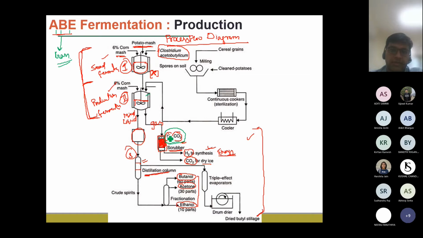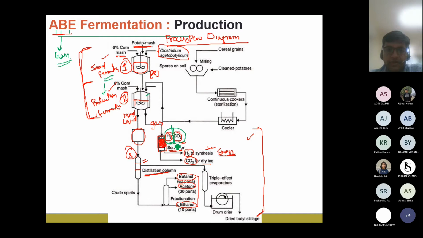We have seen that we first carry out the seed fermentation, and then we put in the production fermentation. There is sometimes some variation to make sure we get a higher yield of acetone butanol. As we have discussed, it also produces a mixture of gases, and in this case we have hydrogen and carbon dioxide gas being released combined.